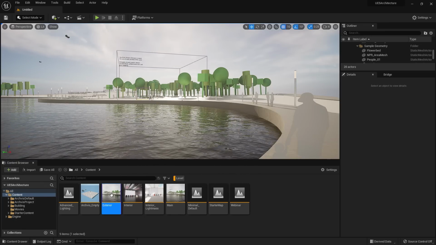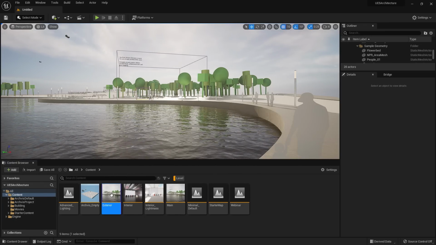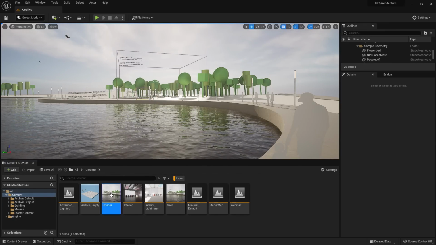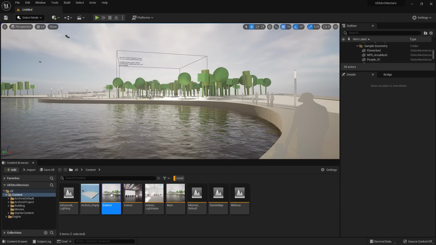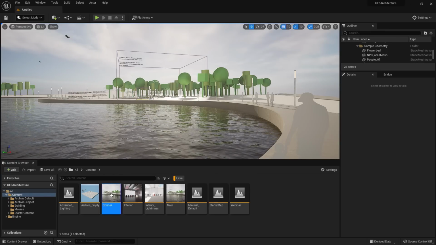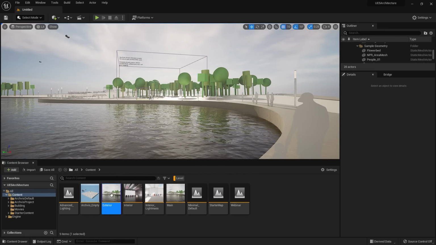But before you can know what you may want to make changes to in the template, we first need to understand what's currently in that template. So let's take a moment to walk through some of those features. Today, I'll be focusing on the water, the tune material, and spline tools.